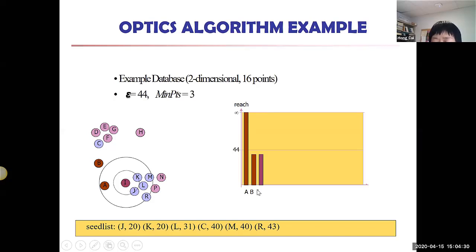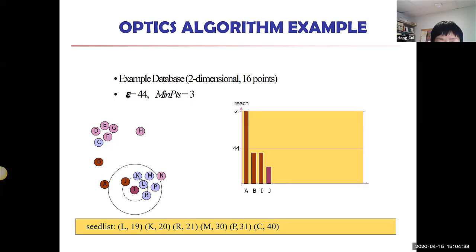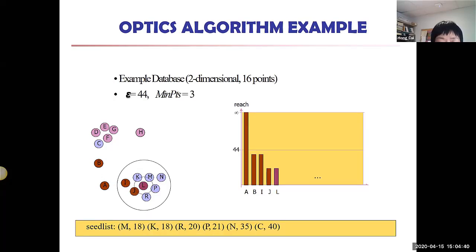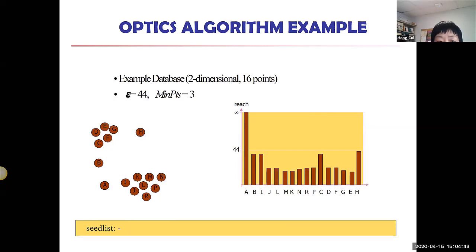And we add more. J is going to be added next. After that, we're going to add L, M, and everything else. So what we see here, we set a fixed epsilon, but we can see I, J, L, K, M, N, P, R, this many actually are closer than 44. And even these two are closer than 44. We can now